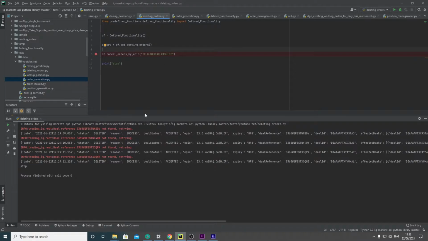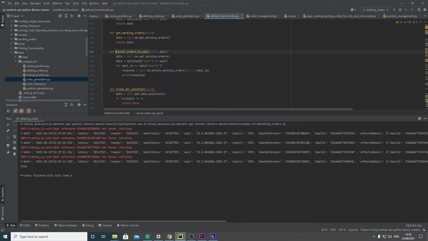So going into it, you can see here we're getting all the working orders. We then do a mask on the data frame we get. So we're basically saying get the data of the epics, check if the epics are the ones that we've specified in the parameter. If they are, create a mask on this data and put all the data values that fit this mask to equal data, and then loop through the deal IDs under the data and delete each order one